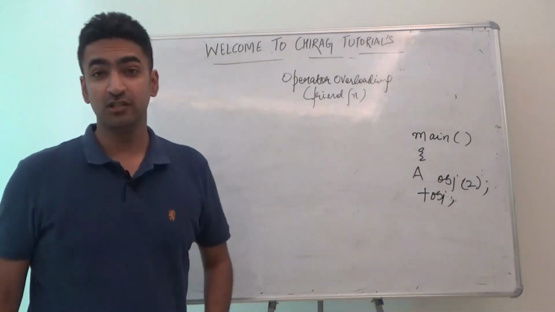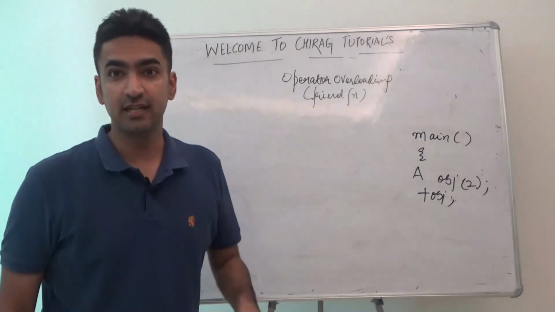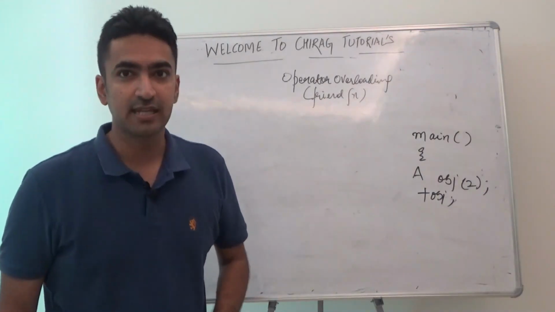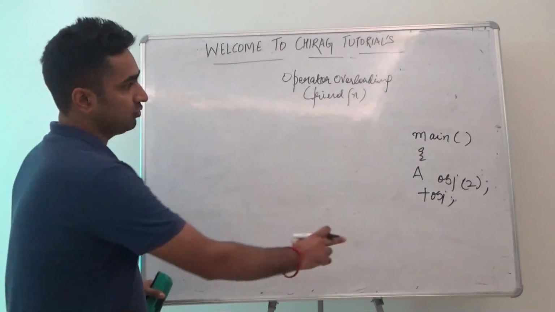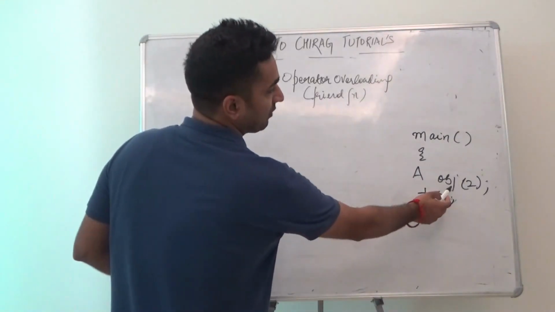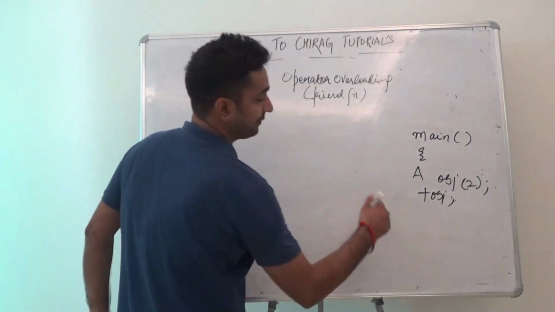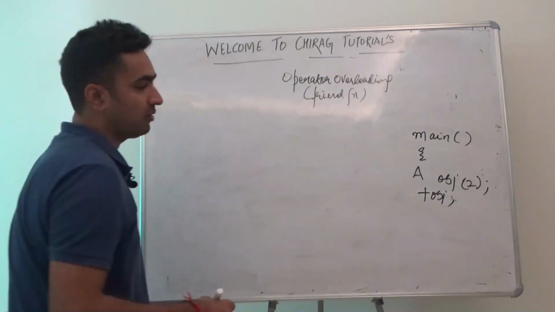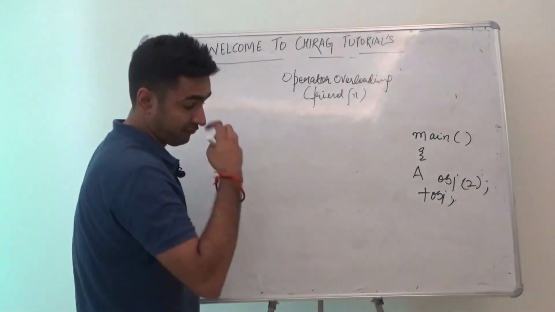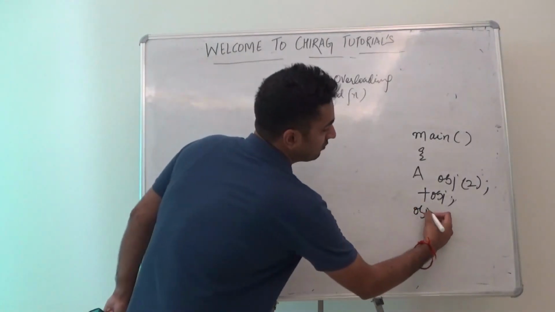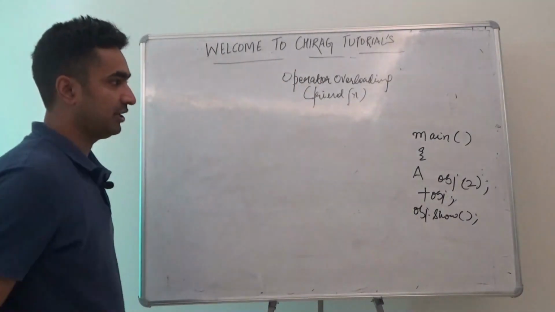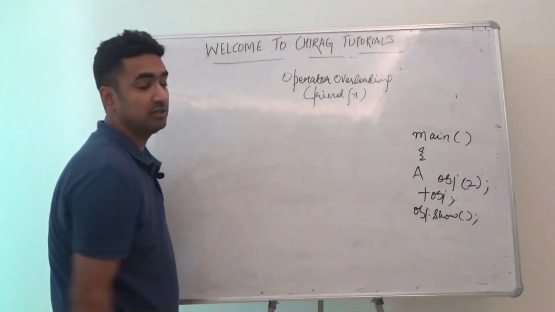How you have to do the friend function concept is, it is declared inside the class, defined outside the class, and the object is always passed as an argument. So the moment you write plus obj, we'll try to call it using a particular object of this particular scenario. So I'm writing obj dot show and will show the particular scenario.